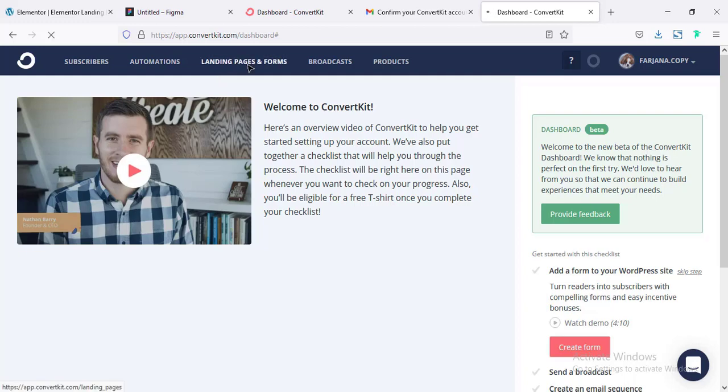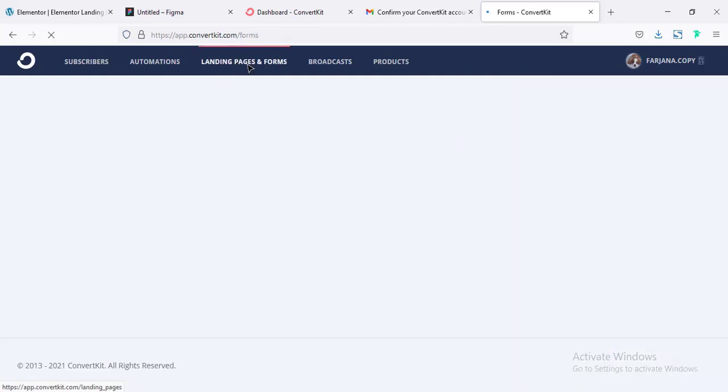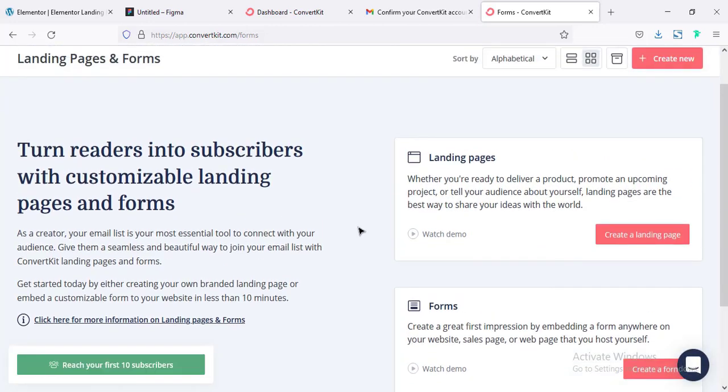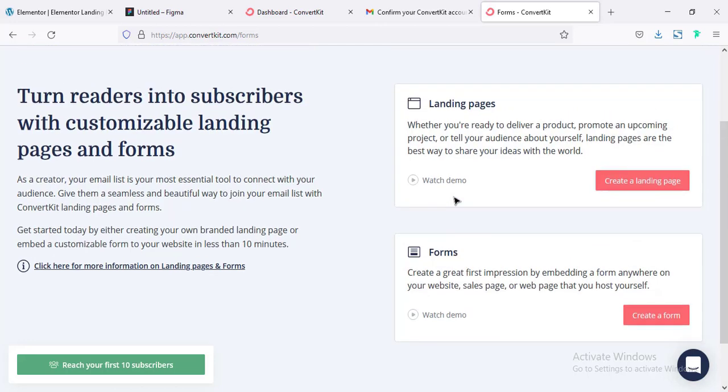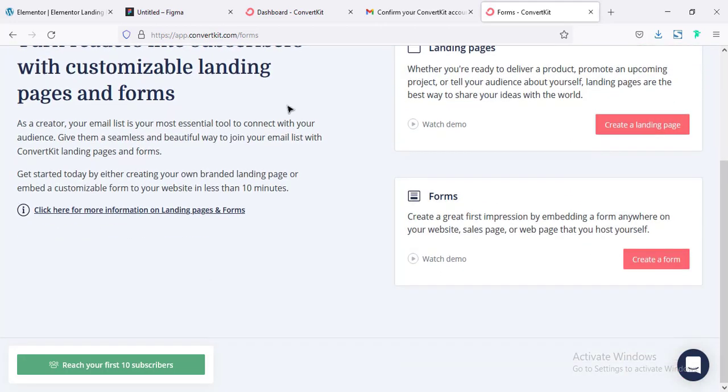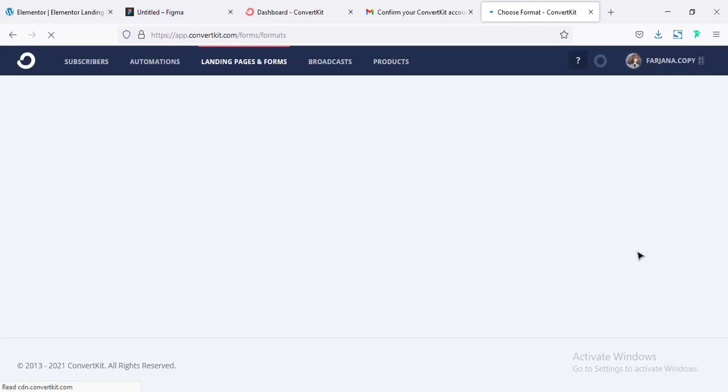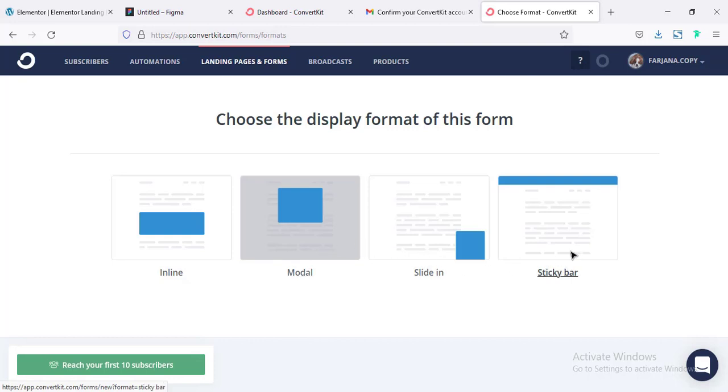So going to landing page and forms, and here we'll find two different options. One is for landing page, another is form. So here I have already created a landing page and I have a different website. So here I only need to create a form, and then I will embed this form to my website. So I'm going to forms, create a form, and here we will find different formats. This time I'm going to create a inline type form. I'm selecting this,